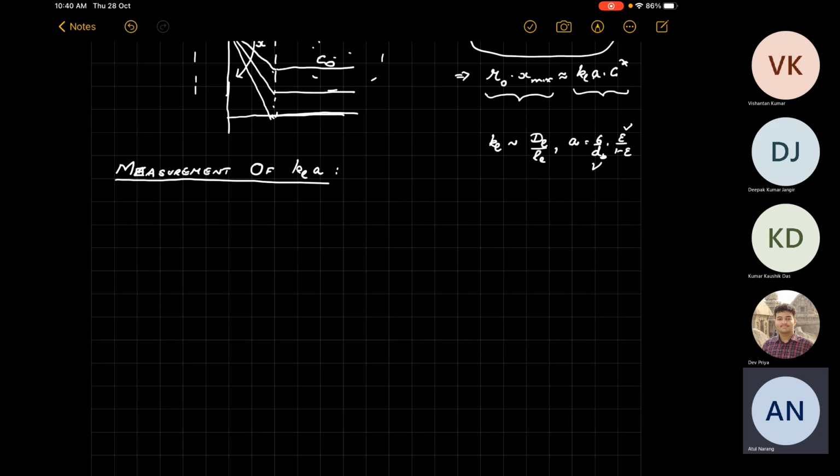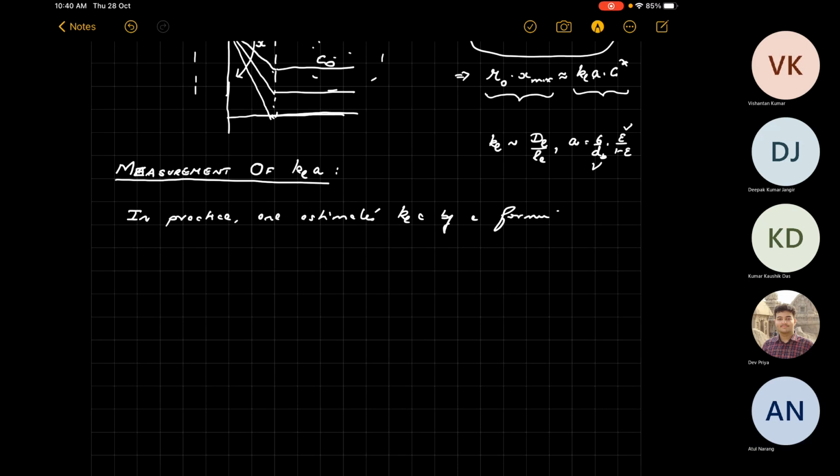So in practice, one estimates KLA by a formula of the type, an empirical formula. This is an empirical formula, and it has the form KLA is proportional to